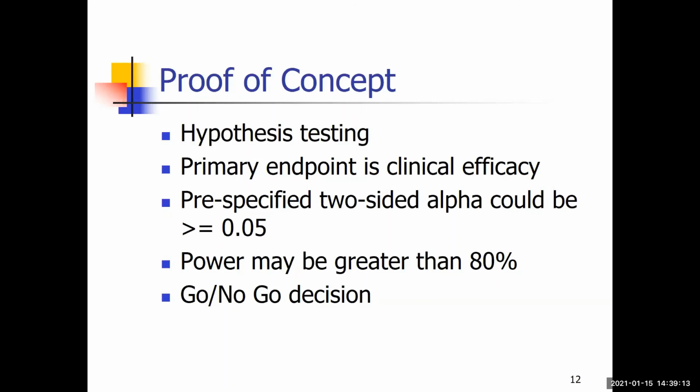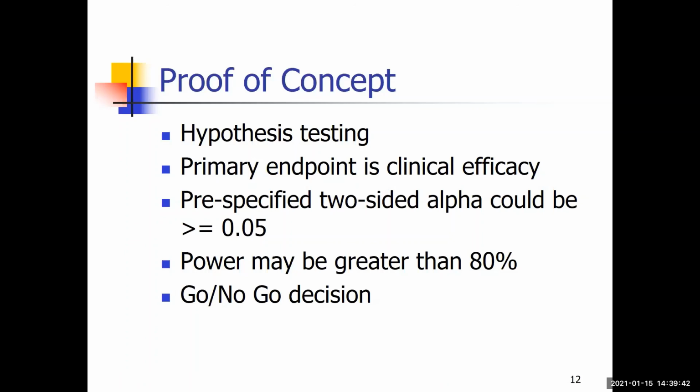POC fundamentally is a hypothesis testing problem. All right, it's about alpha control. Now, primary endpoint is clinical efficacy. And pre-specified two-sided alpha could be greater than or equal to 0.05. And power may be greater than 80%. And you want to take this opportunity to make a go, no-go decision. All right. So people said,